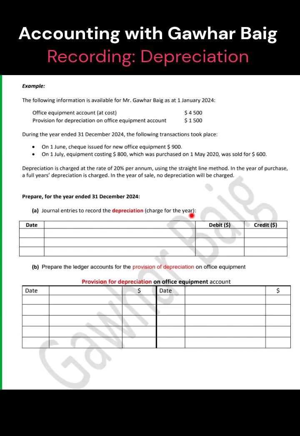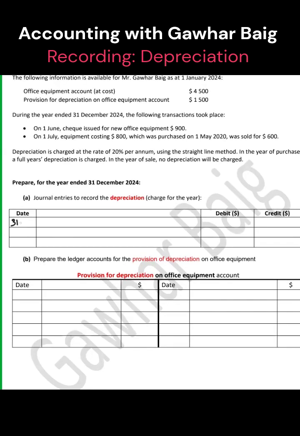To record the depreciation charge for the year, on December 31st the income statement, or the new terminology, statement of profit or loss, will be debited, and provision for depreciation